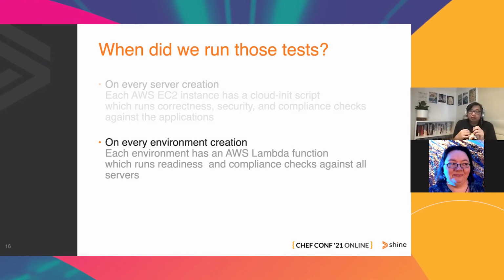So the concept here is that instead of waiting until the end of the pipeline, we would like for every environment creation, for every server that stood up, for each entity to perform a self-inspection. The EC2 instance would run the test asking, am I compliant? And then for every environment getting created, it also asks itself, am I compliant?